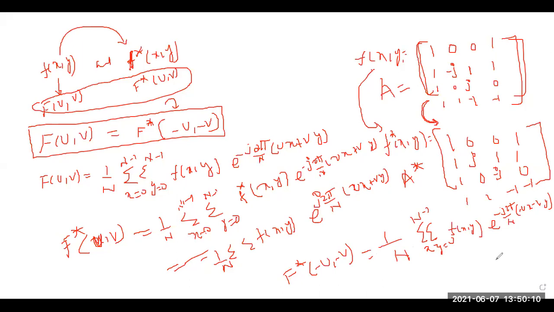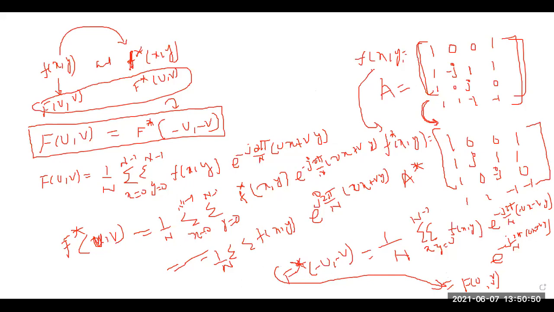Now if you take the minus symbol outside, it will be e to the power of minus j 2 pi (ux + vy). So this is nothing but your F of (u, v). Fine. So whenever you find the conjugate of this, it will be nothing but, when you find the conjugate in the frequency domain, F conjugate is given by F of minus u, minus v. Fine. So this is the derivation of how we derive this formula.